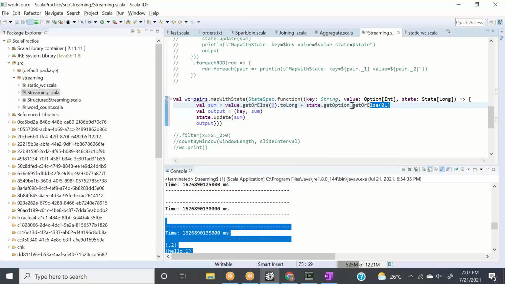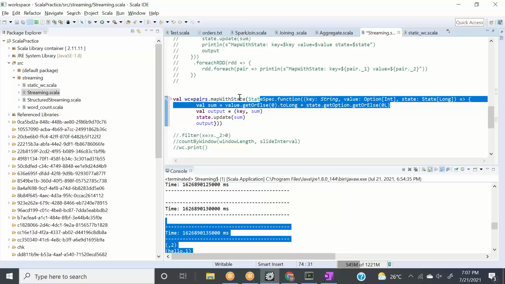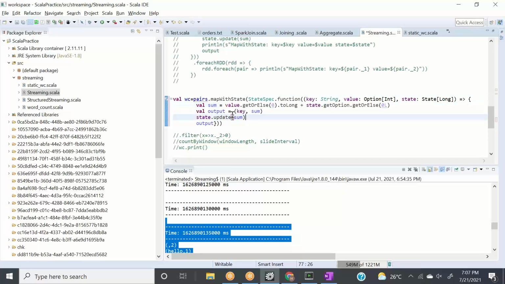And from the state, take the last state of that value. Then from the key, that is the current state, and the sum, which is the previous state count, do two things. First, update the state with state.update, and second, give me the output.